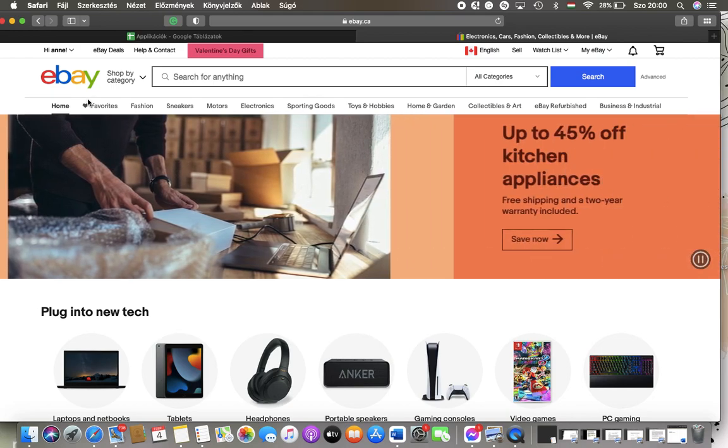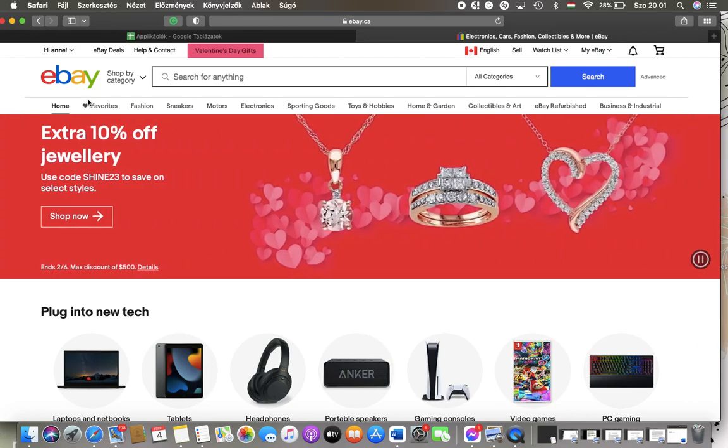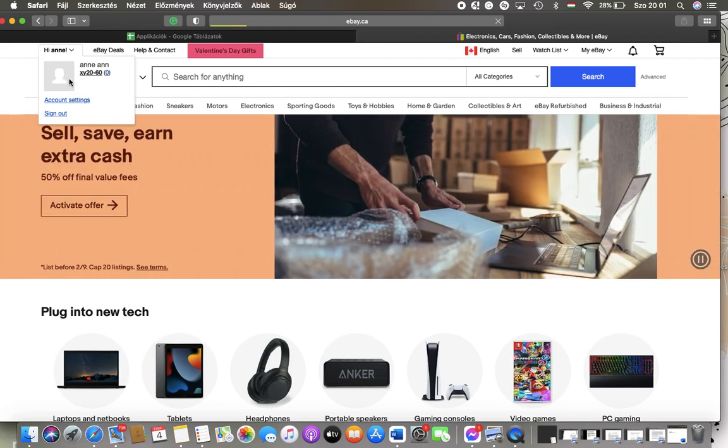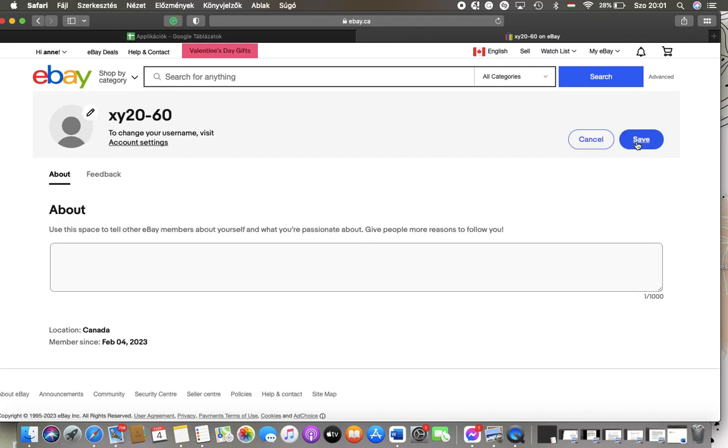Now let's jump into it. First of all, open the website on your device and after that tap on this button at the top in the left side. Tap on your profile picture and go to the right side of the screen. You can see this edit profile button. Tap on it and here you can